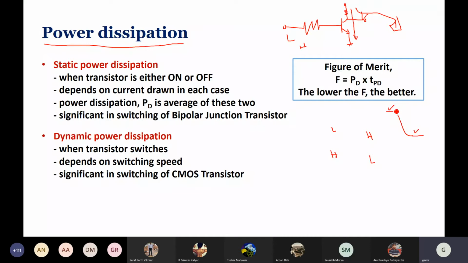And of course, you can understand dynamic power dissipation depends on the switching speed. It will be a function of frequency. So the more the switching, the more such occurrences of low to high or high to low travel, and during that journey, however quick it might be, there is an element of power dissipation coming, right? And this is what you will see being the most dominating or significant factor in CMOS transistors. CMOS transistors, later on we shall study in detail.